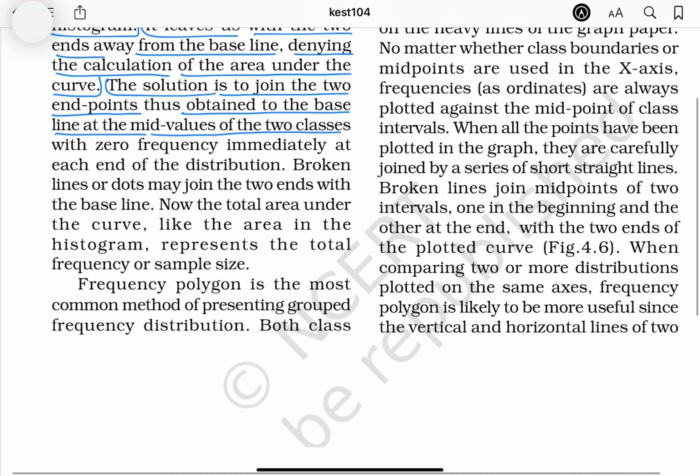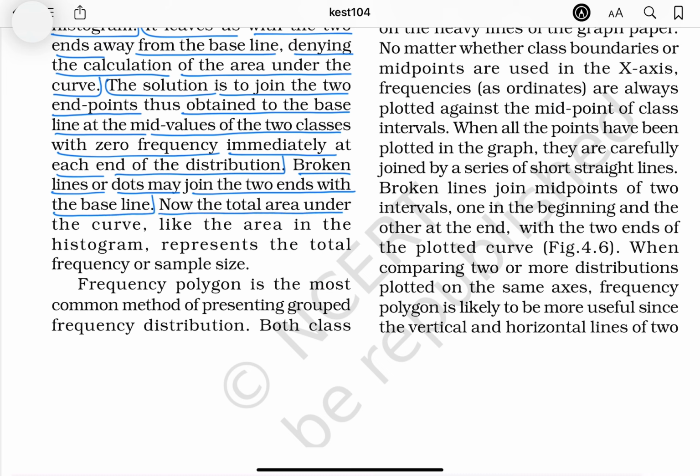of the two classes, with zero frequency immediately at each end of the distribution. Broken lines or dots may join the two ends with the baseline. Now the total area under the curve, like the area in the histogram, represents the total frequency or sample size. Frequency polygon is the most common method of presenting grouped frequency distribution. Both class